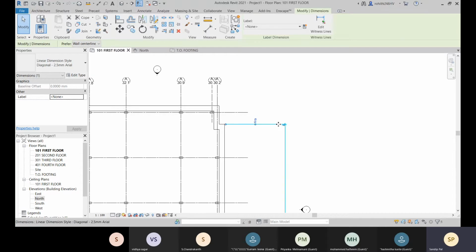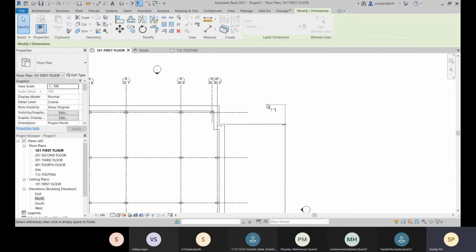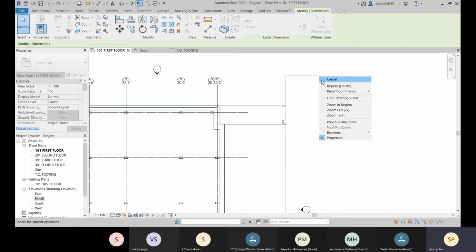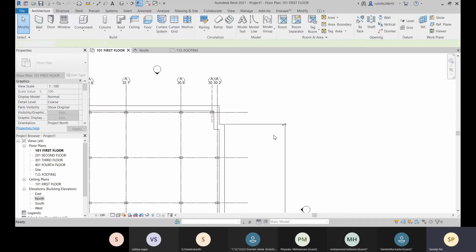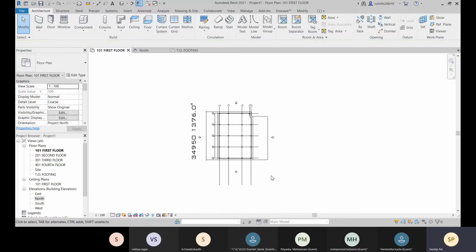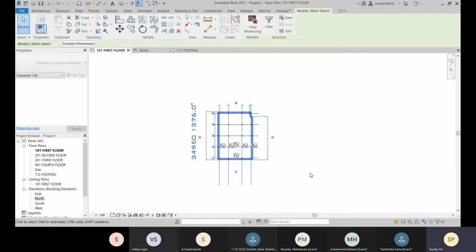Okay, after selecting this I will go with EW or this edit witness lines, and then you can start continuing it. Okay,